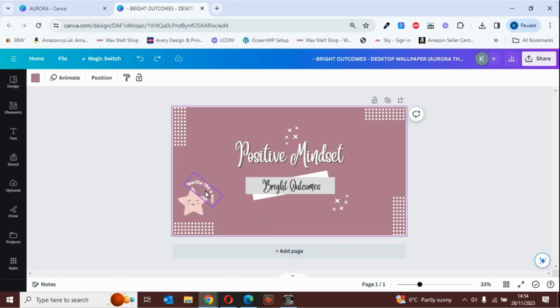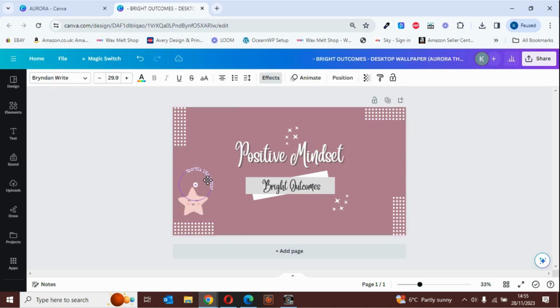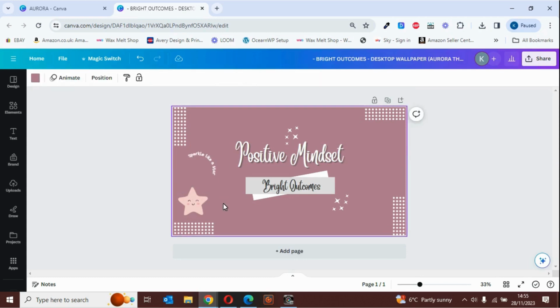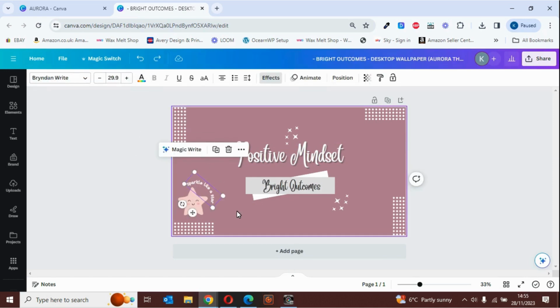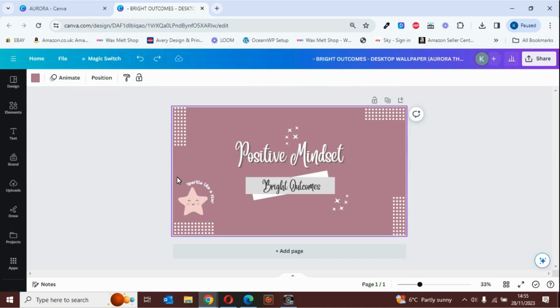This section here is also separate at the moment. I've left it separate so I can give you an example, but it's normally grouped together. If you want to move that on its own, because that font is circle, you can do. And you can change the text, move it to a different position, but I'm going to actually put that back to where it was, and then I'll hover over this section above here, drag my mouse across